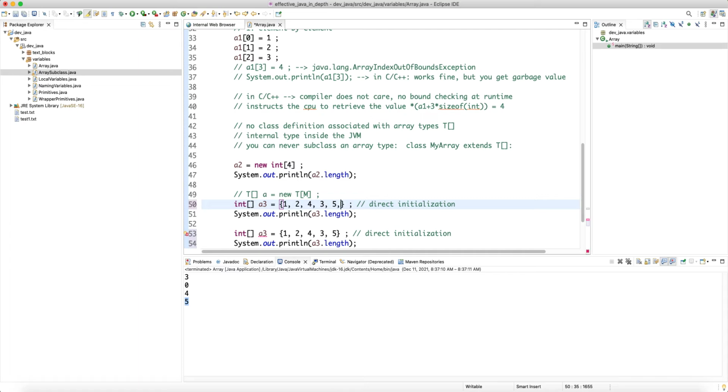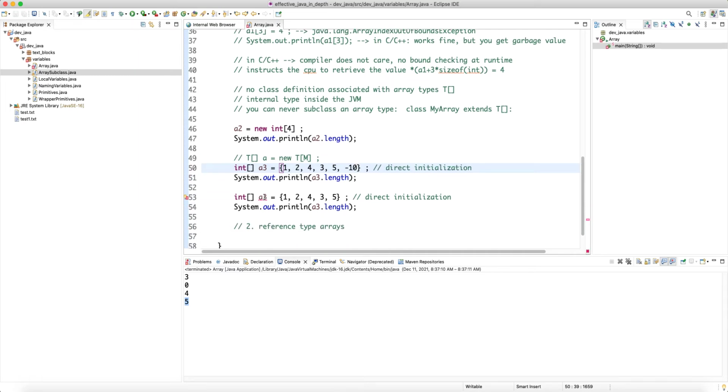So I'm going to put back this minus 10 here. But obviously, if I keep this notation, then the problem here is that for this A4, the compiler assumes that what you want is an array with 5 elements. But we can explicitly specify the size at initialization. So we can explicitly tell the compiler that I want an int array which has 6 elements, but I only initialize the first 5, and we know that these